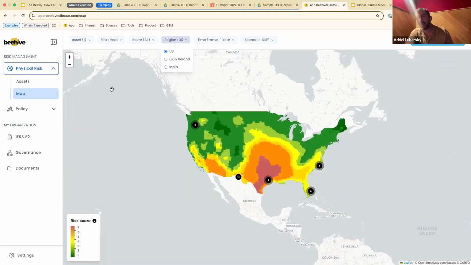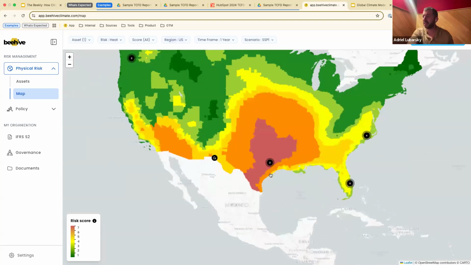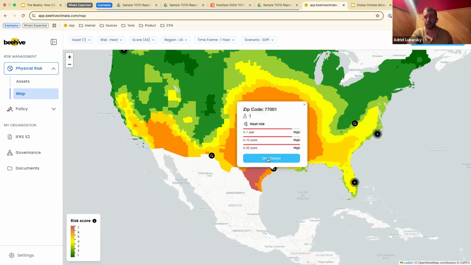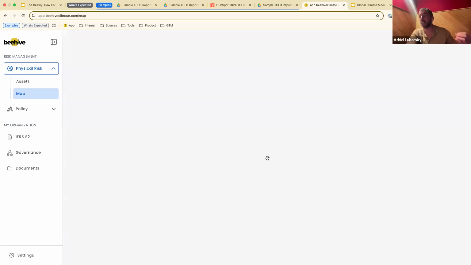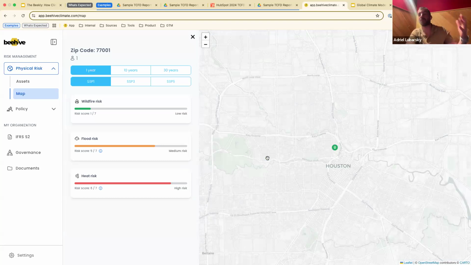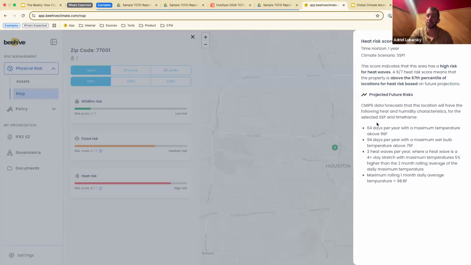So that's a little bit about the push for climate risk modeling, a little bit about how companies might be doing this risk modeling today, and a little bit about how Beehive automates this work. Very last thing, audit trails are always so important because this is an investor-facing document, so you can't just make up a risk score and see what happens. So what's cool here is that you can actually see the reason for our calculation for any one of these risks. So if you want to understand or tell an investor, hey, explain to me why the risk is so high here.